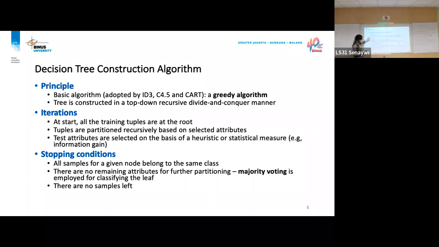The tree is constructed in a top-down recursive divide and conquer manner. So they build from the top down to the bottom. They do that iteratively, and we need to decide some stopping conditions where the tree stops growing.